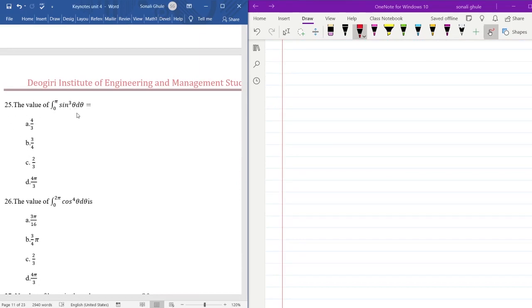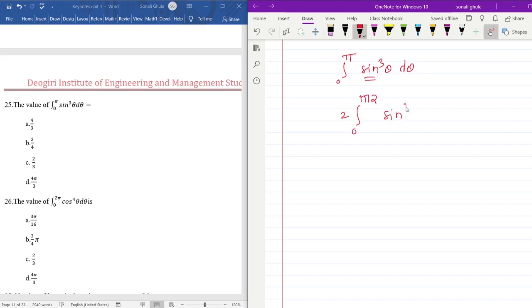Now for this we have to use the reduction formula, but here the limits are 0 to pi sine cube theta d theta, and always remember for sine we can write 0 to pi twice of 0 to pi by 2. If there is a sine, now we can use a reduction formula. Reduction formula is what? 3 minus 1 is 2. Then 3 minus 2 is 1, and 3 is odd, so it is 1. Value for k is 1. Let me tell you, we are using this formula here.